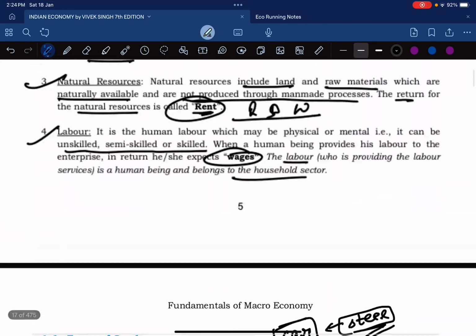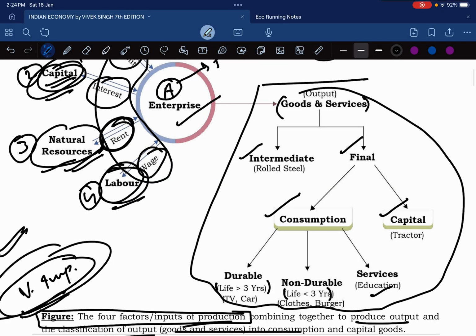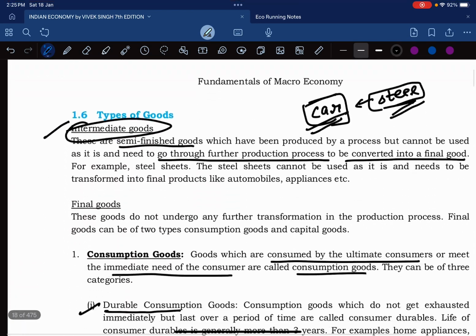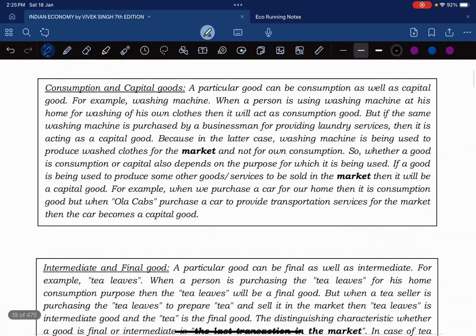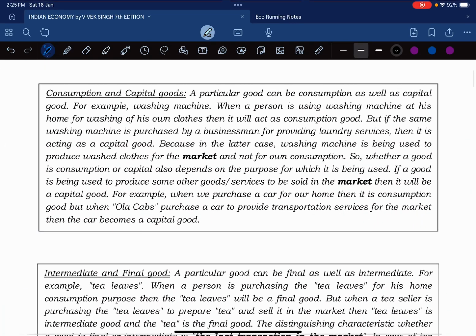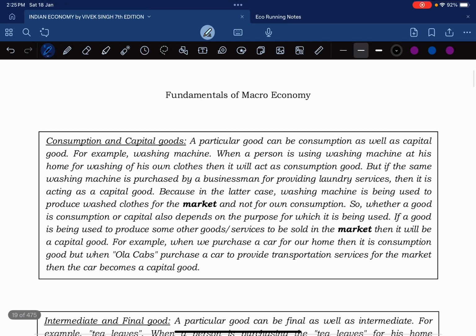So till now we have gone through this. This part we have completed: the enterprise gives goods and services. Goods and services are divided into intermediate and final. Final are divided into consumption and capital, and we have three types of consumption, right? Now let's move on further and see what's written here. Here it says consumption and capital goods. We have seen the example and definition above, but here it is saying that consumption